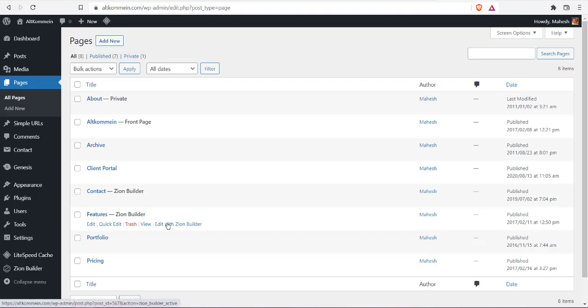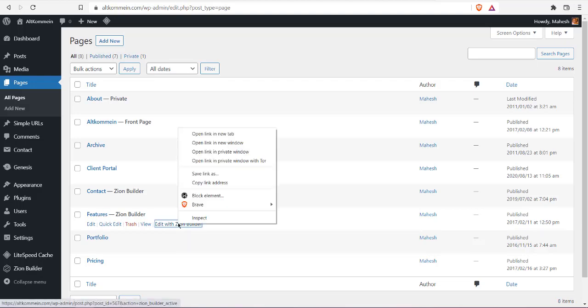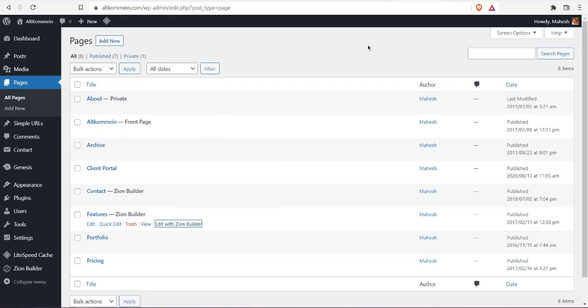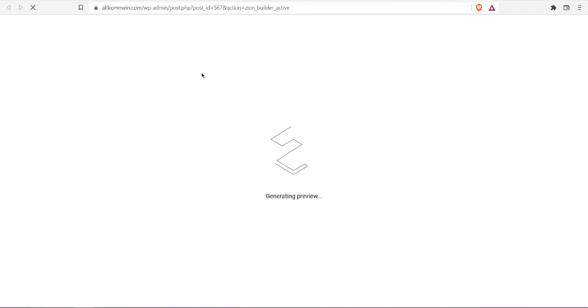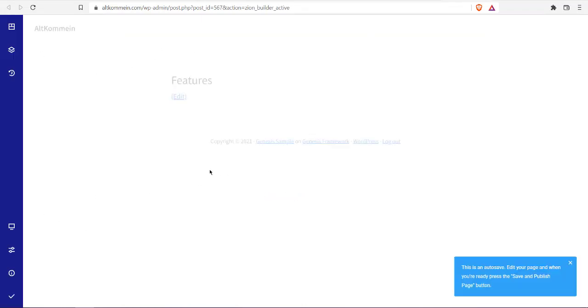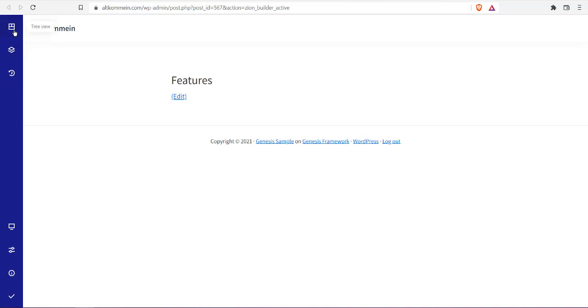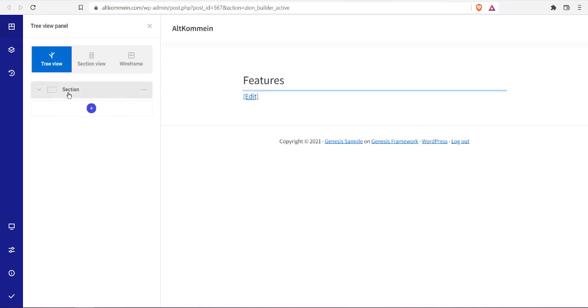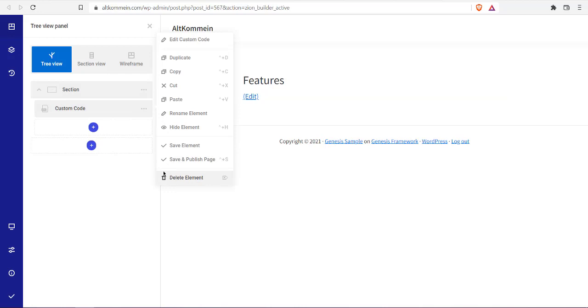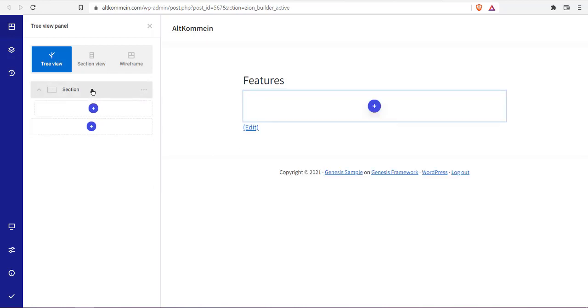So I will open this with edit with Sign Builder. Right, so once we go there, it should load the page on the left hand side with this editing option. So what we can do is, here you can see we already have a section, then we have existing elements. So what we'll do is we will simply choose insert inside section,